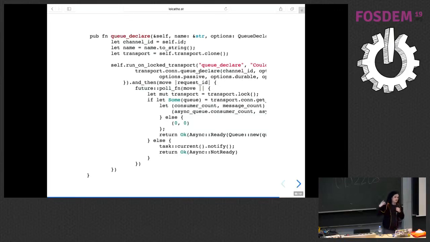This will create a message that will be put in the output queue, and at some point will be returned by the event loop. And then I poll one function, and every time I ask, okay, are you in the right state for what I want? If you got the queue, if the server answered and told you the queue exists, now I can return, otherwise, continue.